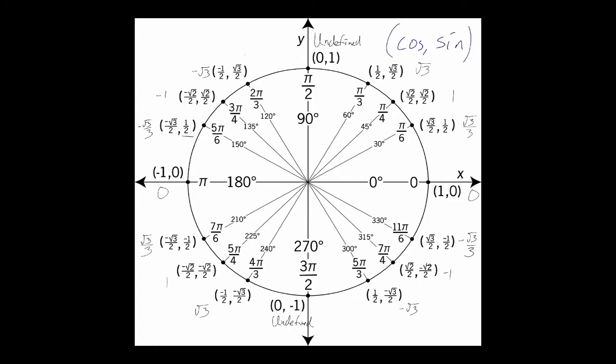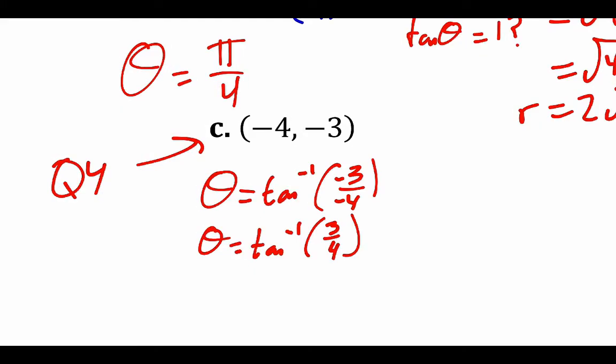I don't see it listed. That's because it's not one of the nice coordinates. So what we're going to do is plug that into a calculator. Again, making sure when you do inverse tangent in your calculator that you do it in radian mode. I'll show you a video of that later about how to make sure. So making sure it's in radian mode, we type it into a calculator. We end up with about